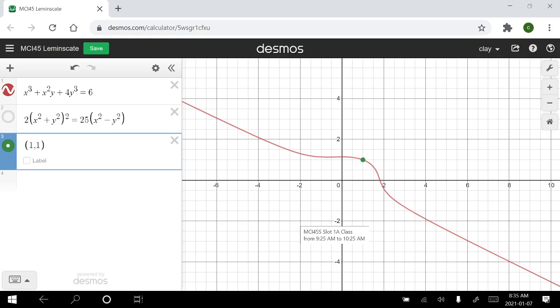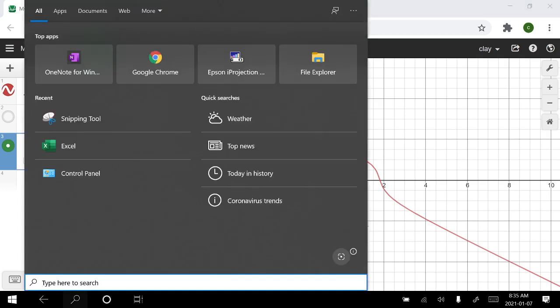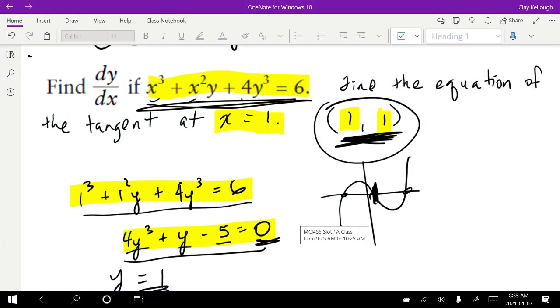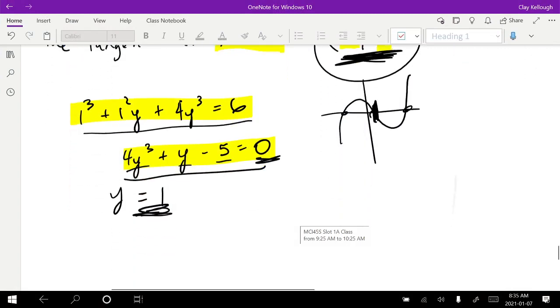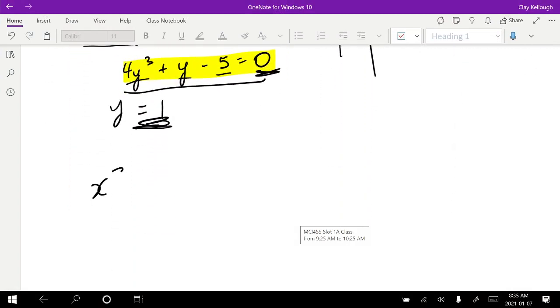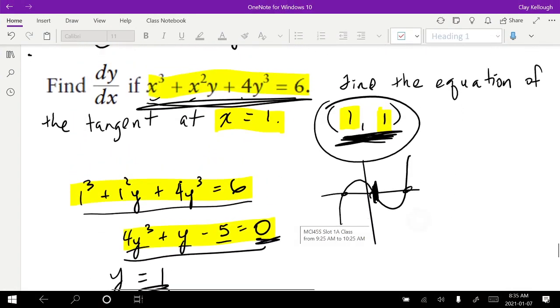We have a point, we have a curve. Now all we need to know is the slope of the tangent at that point. So that's where we have to use implicit differentiation. Feel free to turn on your mic and ask any questions if you're stuck. If what I'm saying is going over your head, or you have any questions, please let me know. Stop and ask. Okay. So we have x cubed plus x squared y